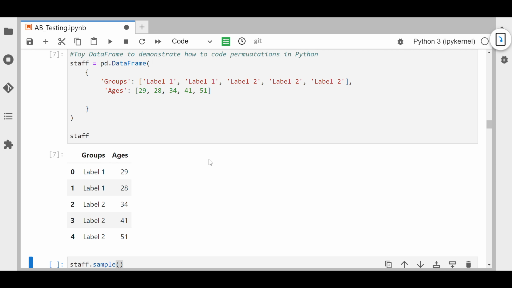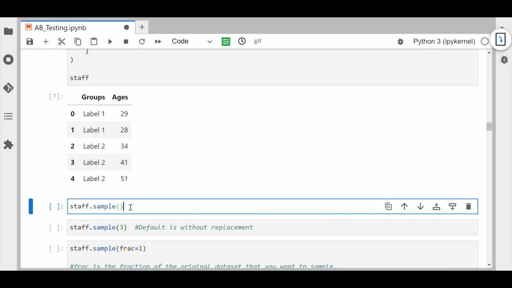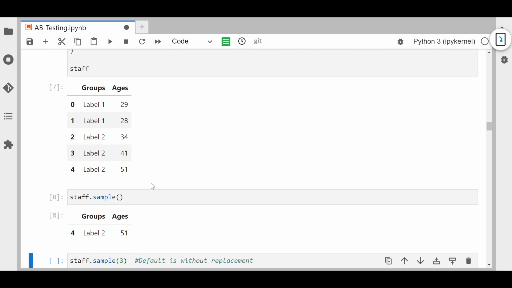I either label them label 1 or label 2, and then there's some quantitative descriptor or some quantitative feature I'm measuring in each group. So maybe it's ages here. And maybe I'm going to look at the difference in the average ages or the difference in the median ages. Okay. Before I worry about calculating the actual statistic for each group, I want to practice how I can shuffle around these labels. So I am going to just first notice what happens if I just call the .sample function